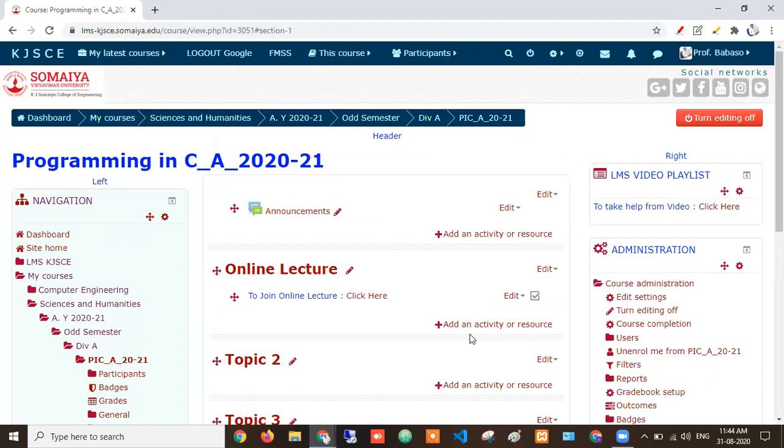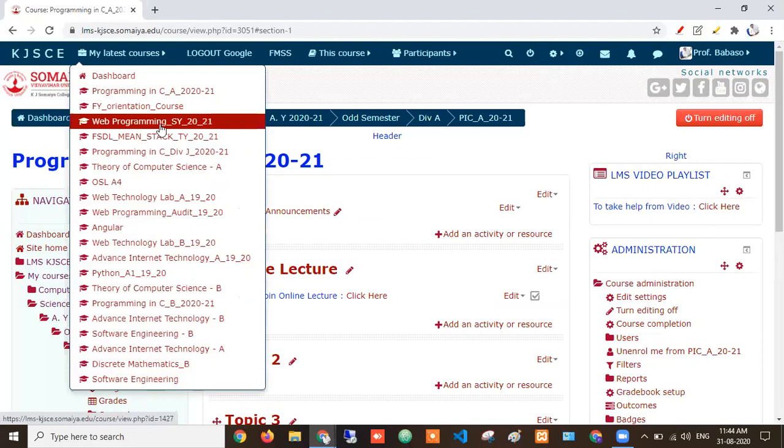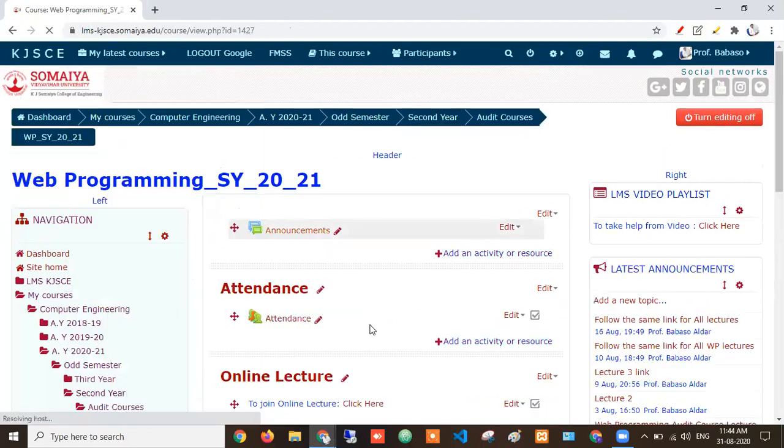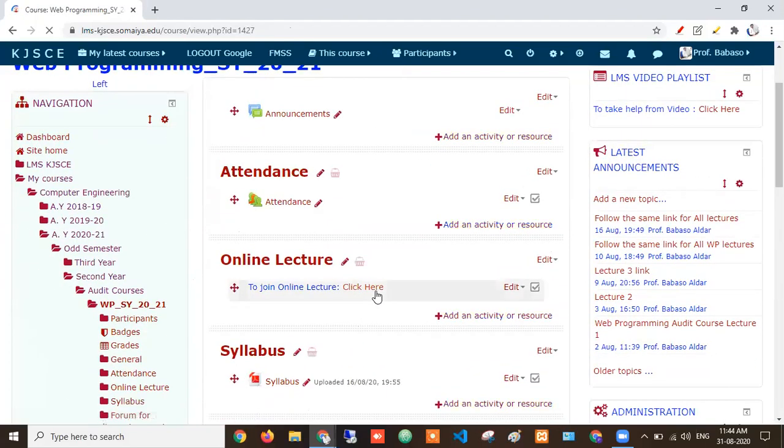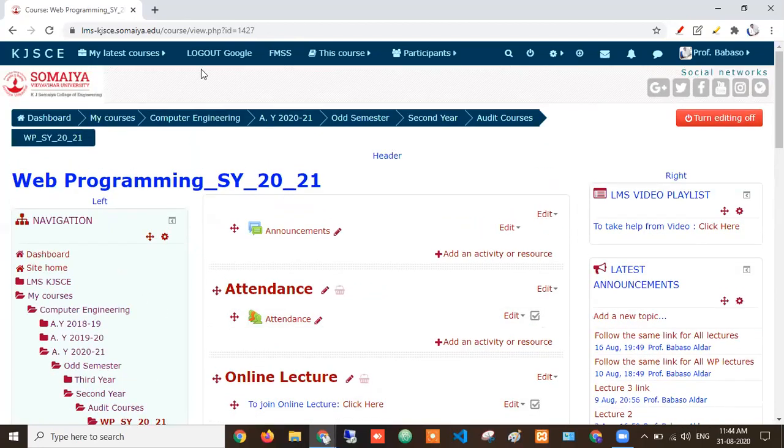But MS Teams improved that, and I am conducting all sessions from my LMS. You just see here, I have web programming. So I have created this link. I am joining from here, but I am able to download all the attendance. That was not an issue. Okay, so that is not an issue now. No. So I am conducting all my sessions, higher semesters also, joining from here only.